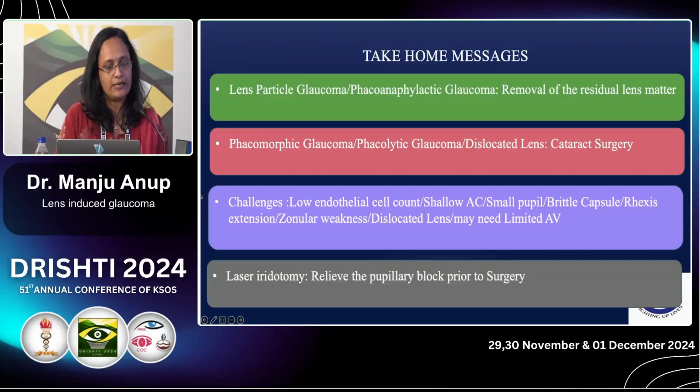So to conclude, lens particle glaucoma and phaco-anaphylactic glaucoma need removal of the residual lens matter. In phacomorphic and phacolytic glaucoma or dislocated lens, you need a lens extraction. The surgery can be